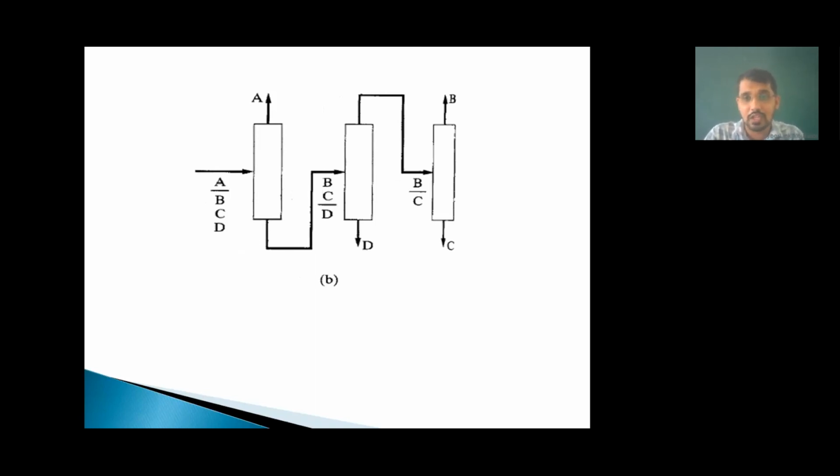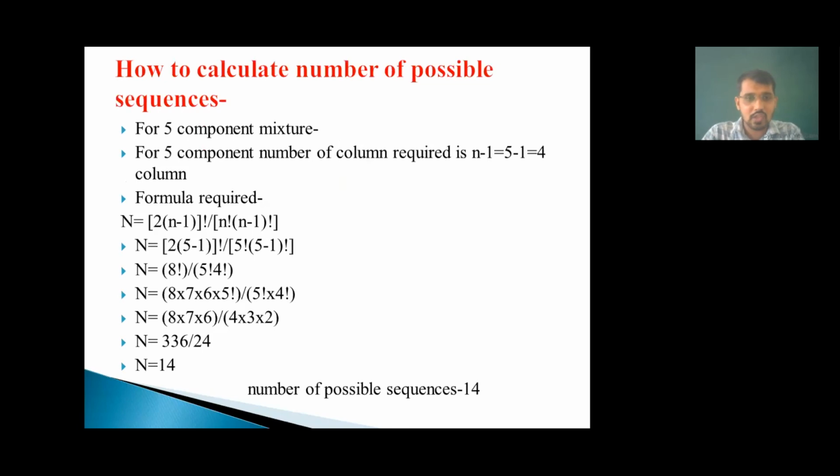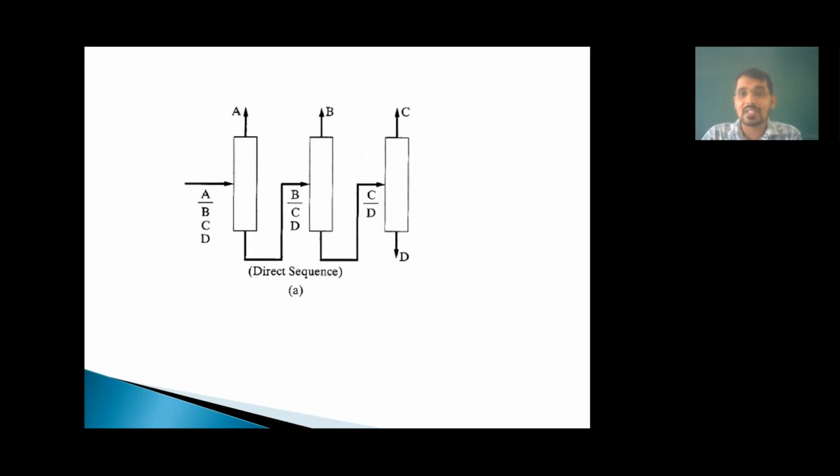Try yourself with different values and practice this numerical. This question can be asked in your GTU exam, or in any university exam, so be careful about this. Practice as much as possible. An individual question can be asked for 3 marks: just calculate the number of possible sequences for 4, 5 or 6 components. Based on this concept, a 7 marks question is also possible: find for 4, 5 and 6 component mixtures and compare the results. After that, find the best sequence using the marginal vapor rate method. This can also be asked for 7 marks.